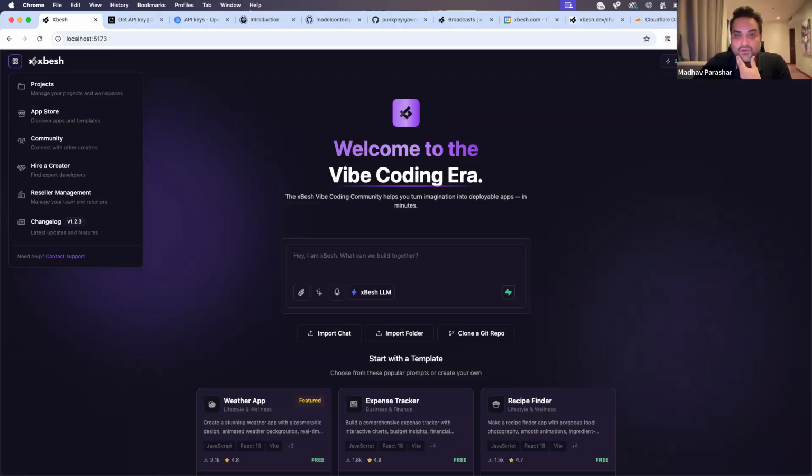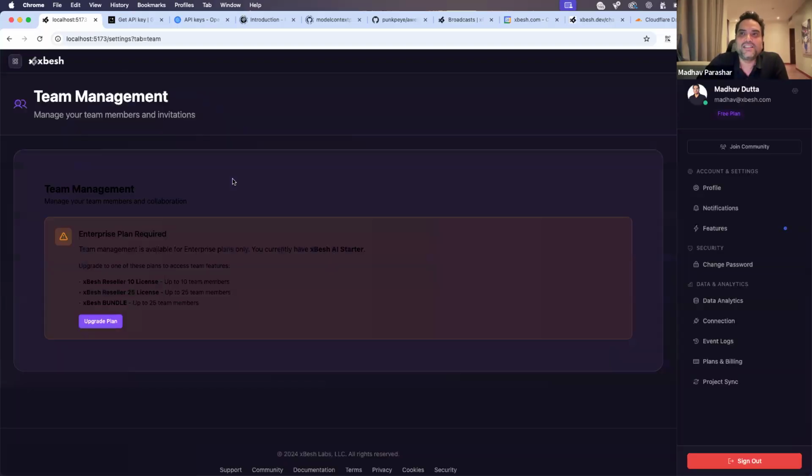What is happening to the bundle users? No, no, we are not changing your plans. Don't worry about it. It is going to be the same. For the existing users, their account will be the same. We are not going to change any account, okay? Any account. We are introducing the new plans for the new users only. For the bundle users, in your reseller panels, you will be able to manage your